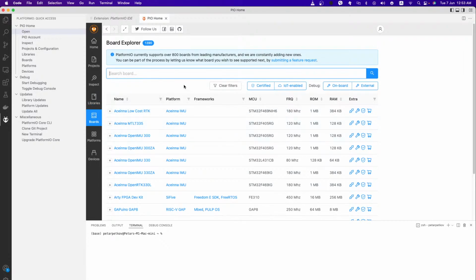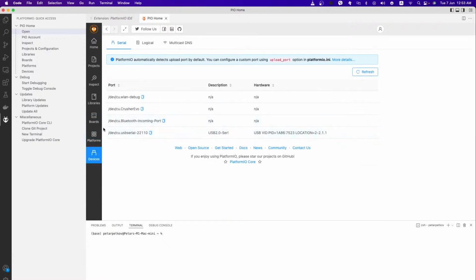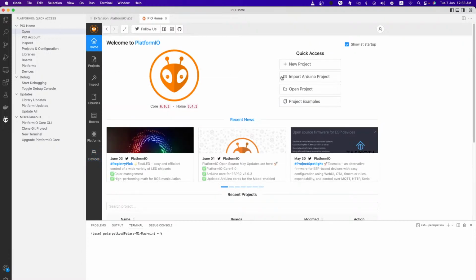From here you can choose different boards. Currently there are 1,390 supported boards. Platforms and devices. Here it finds the device that I have and currently have plugged in, ESP32 cam. So the way we work with this is we create a new project. First we're going to test it with